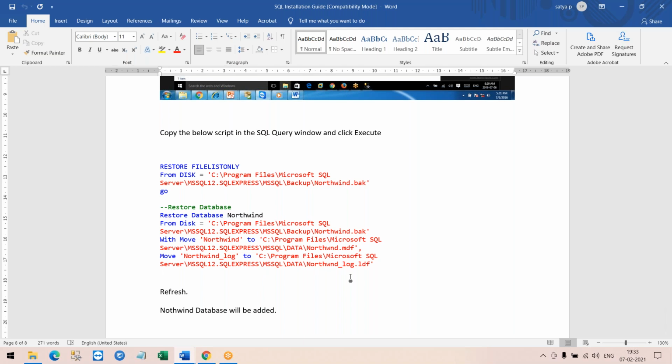Sandeep, that's right. This particular version is not supported on a Mac. That's correct. What you can try is to see if you can install it on Docker and see if that works. For Mac, this SQL Server version might not directly support it. You might have to create a Docker container and then you can try it out.